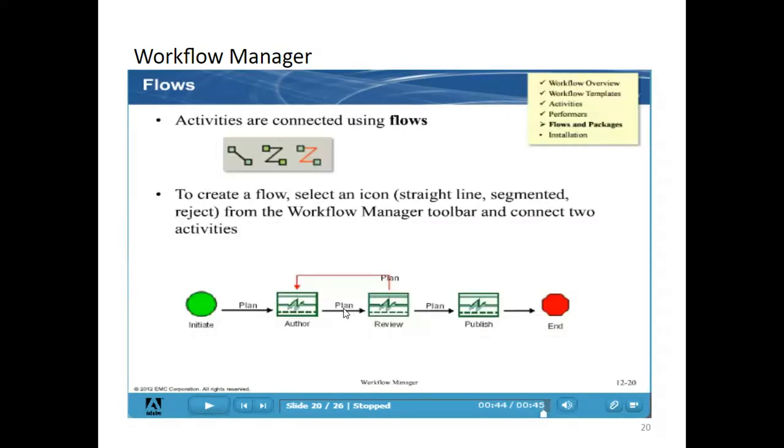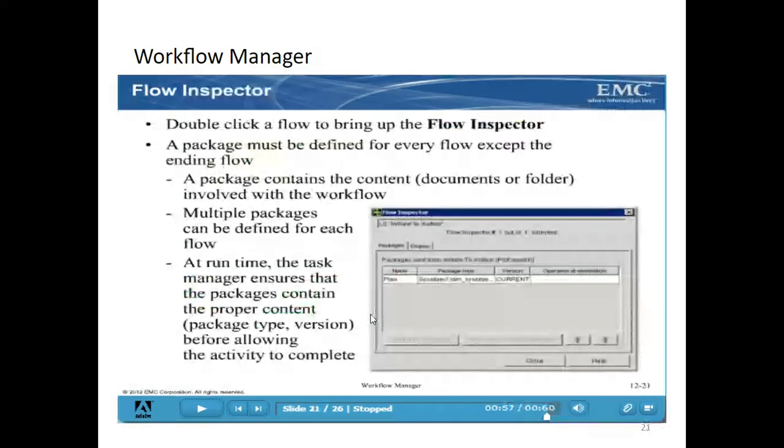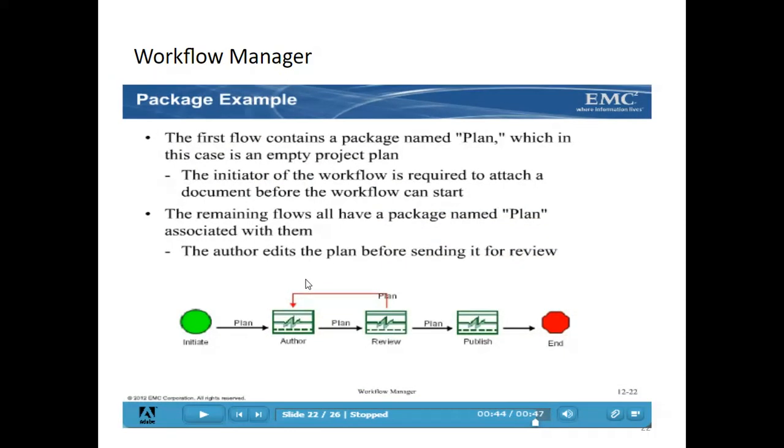The flow should carry some data, right? For example, this author user will approve, and while approving he can attach any document or edit any document. The document should flow to the next activity, no? That will flow via the flows only, but the flows contain a package. Inside the package it will hold the document. So that is the use of package.